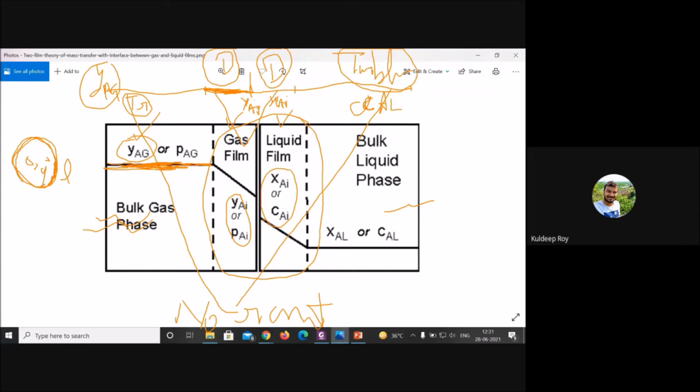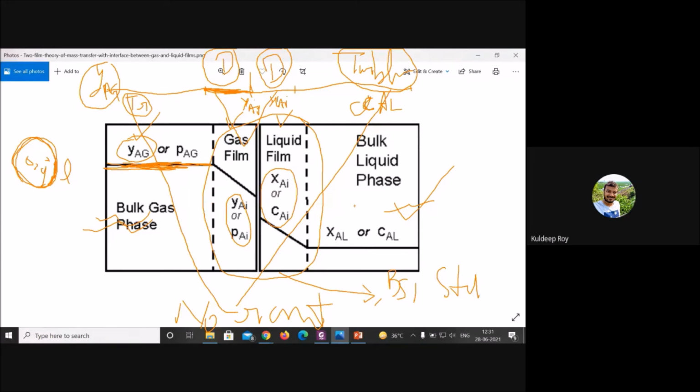Because why? First, there will be the phase boundary condition, and you are already claiming that there is the stagnant phase boundary condition. Second, your stagnant region will be there. Third, turbulence does not play any role. Here you are shouting for turbulence, but here you are not shouting for turbulence. Here you are claiming for diffusion. Only by diffusion will molecules transport from this position to this position.